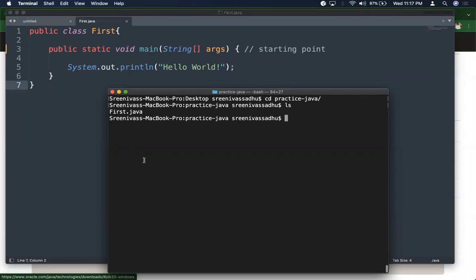Okay, so ls is for listing the files. Now I need to compile this: javac first.java. Javac is the Java compiler, and we are giving first.java. So I'm telling the compiler, please translate my first.java program, which is there in my desktop. And in the desktop, there is a folder called practice-java, and compile this first.java from that particular folder and keep